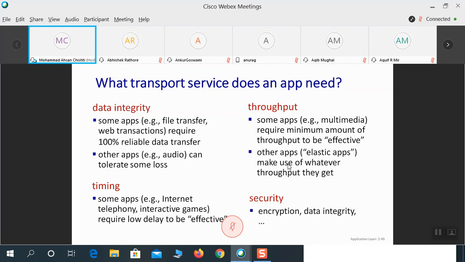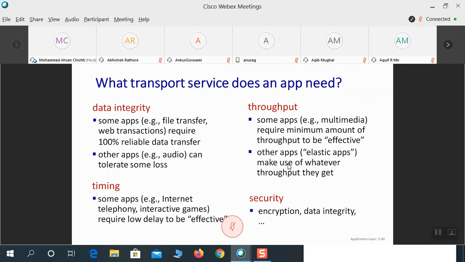Some applications are there which would require that not a single bit be corrupted. In that case, we want 100% reliable data. For example, you are downloading an email, you're downloading a file, and so on. In this case, you cannot afford any loss.